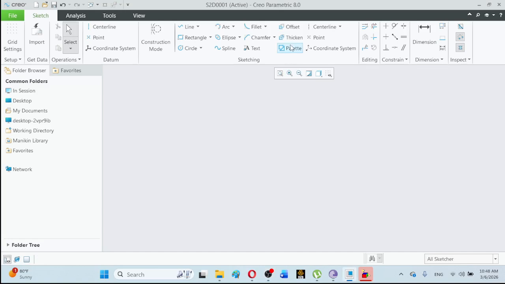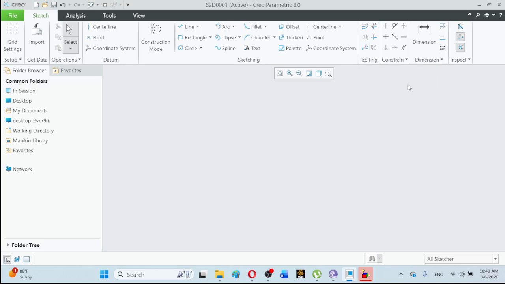Next important command is the palette command, which we can say is the last command in this sketching module, because this last column, center line, point and coordinate system are three construction types of commands which are actually auxiliary commands, which are not independently used. So these will be used with other commands while we will be applying these editing commands, like this mirror command, for example, and